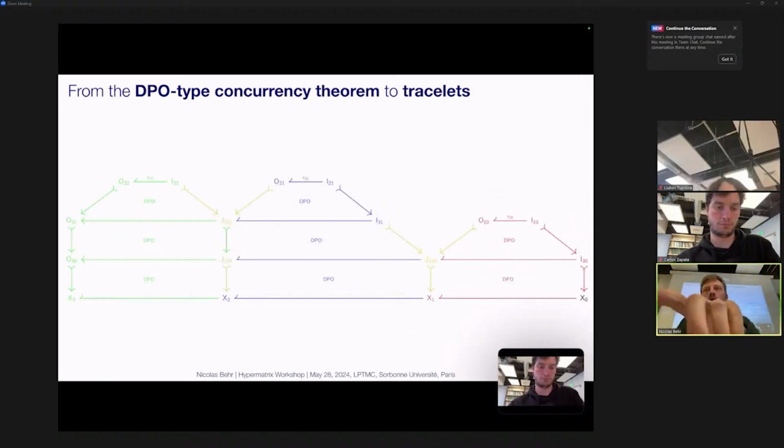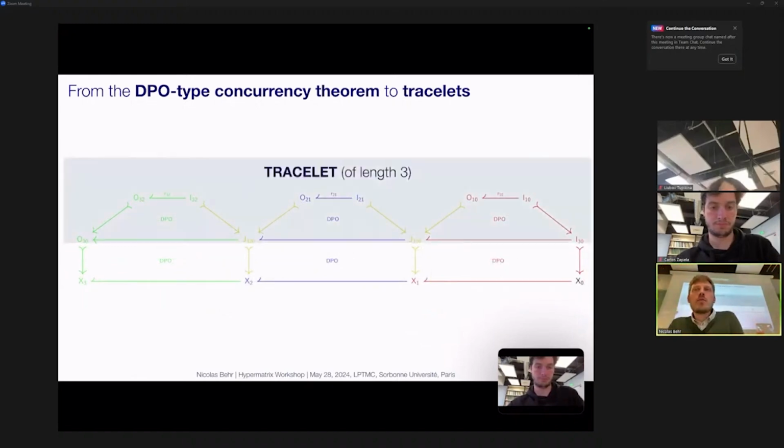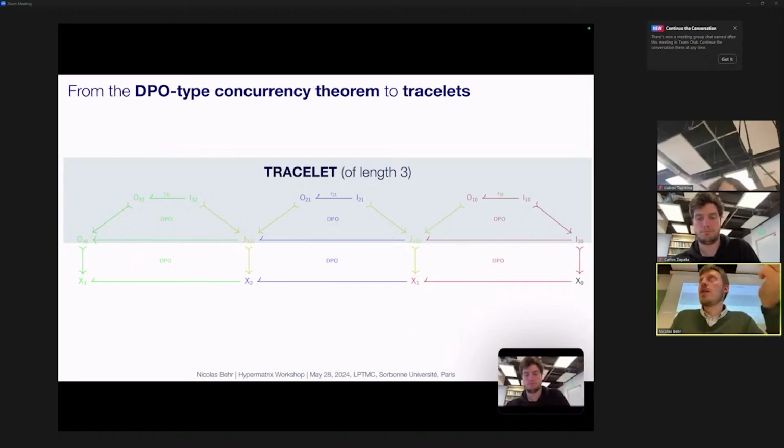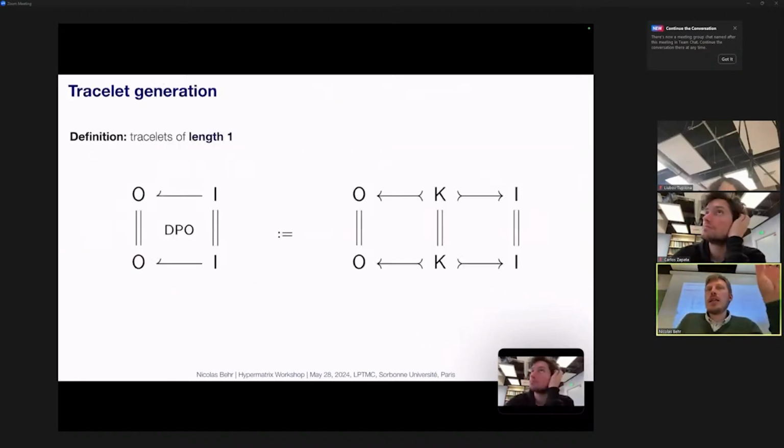As I said, you should be able to extract this 3-step minimal sequence in either order of nesting of pairwise consecutive compositions, and then extract from it what I call a tracelet of length 3. So a template for 3-step transitions that has a certain causal order, which is possible. And later we will only look at these interactions and not at potentially huge graphs where they could be applied. The trick is that you lift individual transitions to a degenerate case of tracelets of just length 1. You just apply the rule to its own input motive. Do nothing effectively, but just have the rule there.